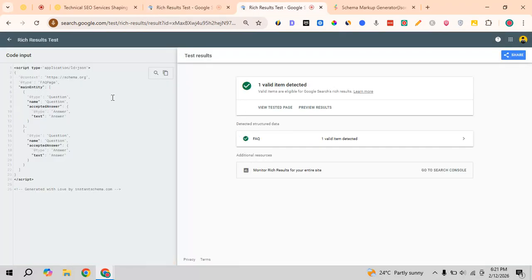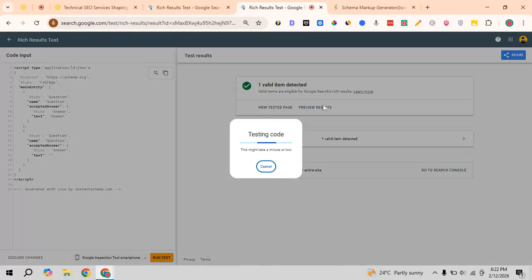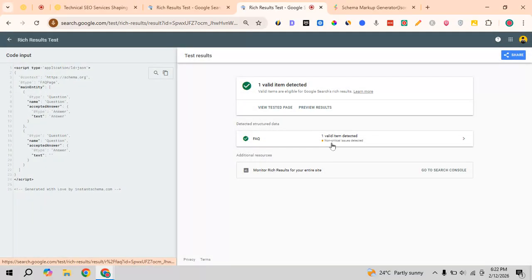For example, I have tested the code over here that we haven't added yet to our website, and it's saying everything is fine. But if there are any issues, like I have removed the answer field from here and then I click on run test, then it will show us the errors over here, like this. It is saying non-critical issues detected. That means there are some issues, but they are not necessarily required to be fixed. I mean, we can ignore those and those will be treated as not covered yet,